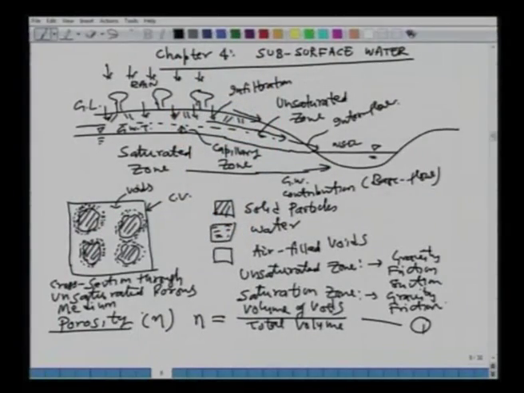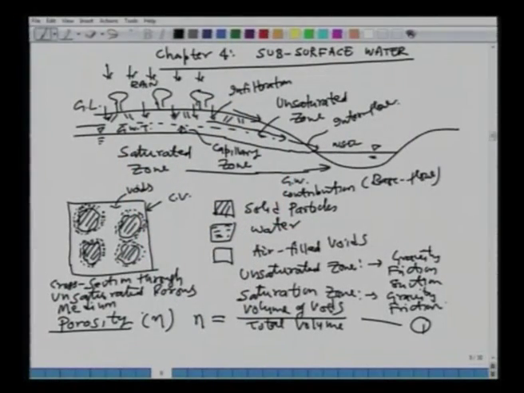Looking back at the last class, we started the new chapter on subsurface water. I would like to go over the slides which we looked at in the last class. Initially we looked at subsurface water, the different physical processes, how they take place in nature, and then we looked at a cross section through an unsaturated porous medium, where we said how the air filled voids change as a function of time when we increase the water.